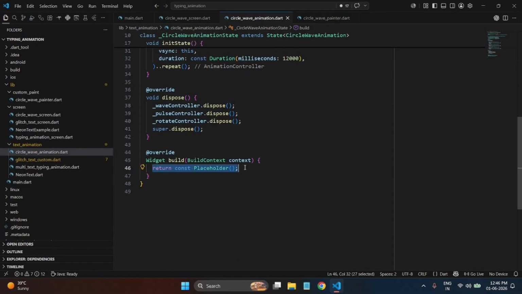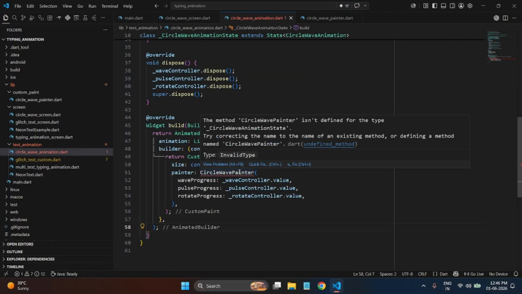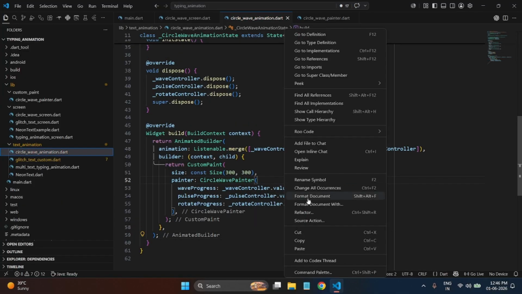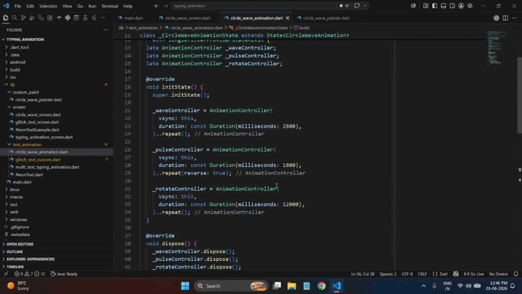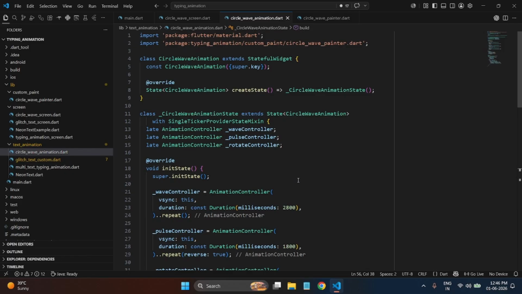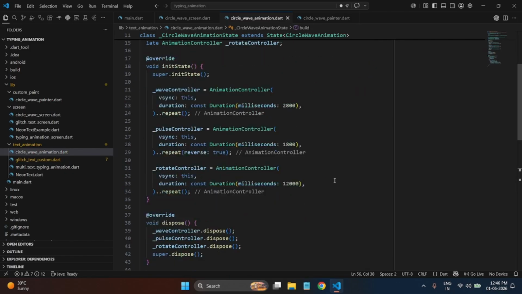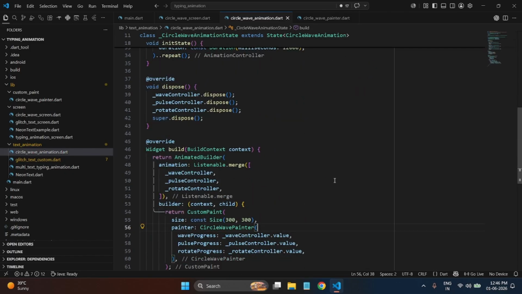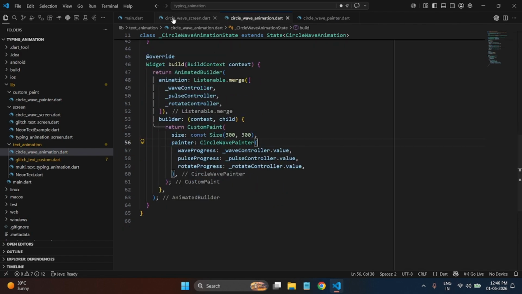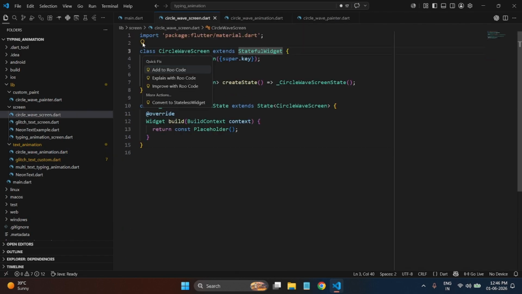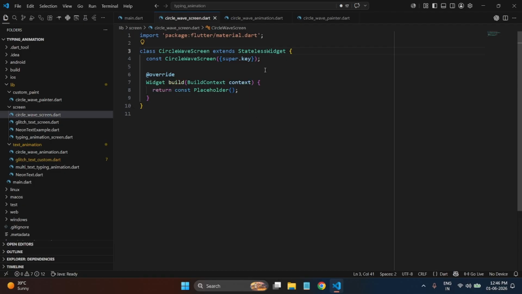Here, we use AnimatedBuilder to listen to all 3 animation controllers at once. Whenever an animation updates, CustomPaint rebuilds and passes the latest wave, pulse, and rotation values to the painter, creating a smooth and dynamic animation. At first, I created this screen as a stateful widget, but later I realized that all